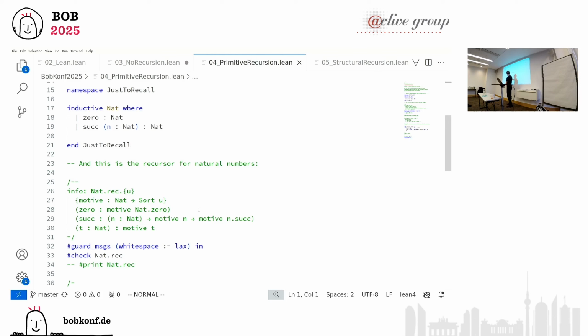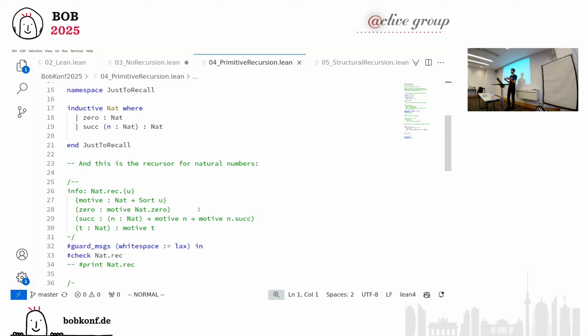It allows me to construct functions from the natural numbers by giving essentially the two cases that we often want. I can tell what it should be if it's 0 and what it should do if the argument is a successor. And here we get the result of the thing we want to define for the smaller number.